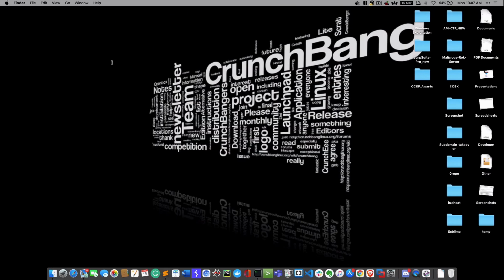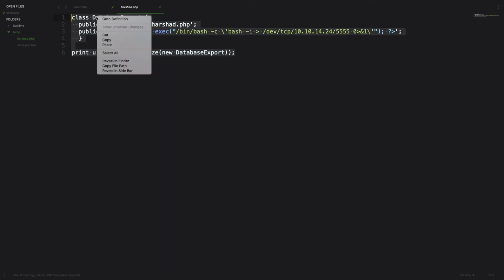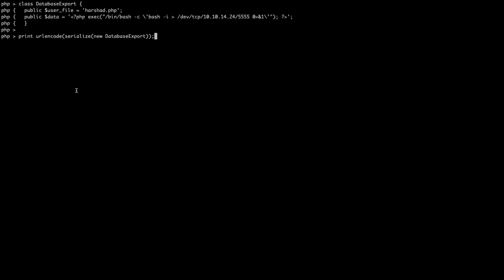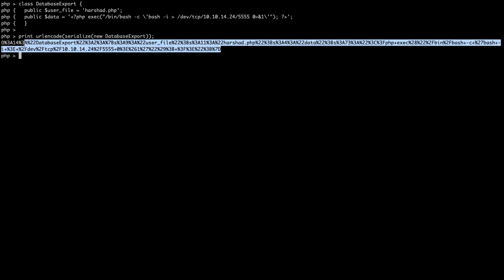Now what I can do here is copy and paste this thing I have here. This is the file harshad.php, and I will try to encode this. I can simply copy that part and paste it here. You can see it is almost done. When you press enter, you will see this kind of code coming up.